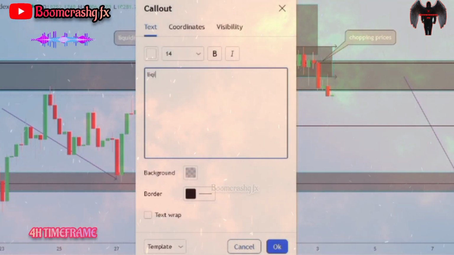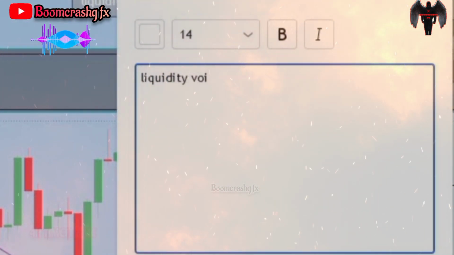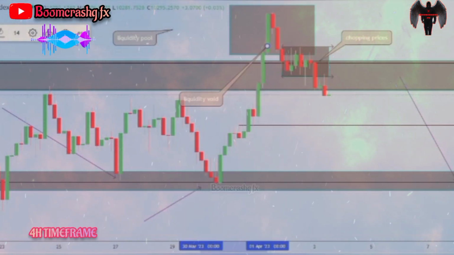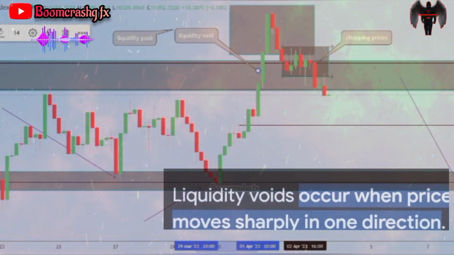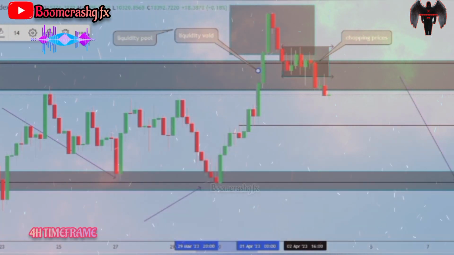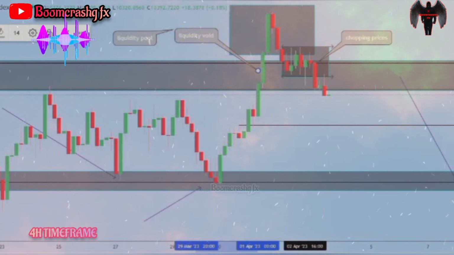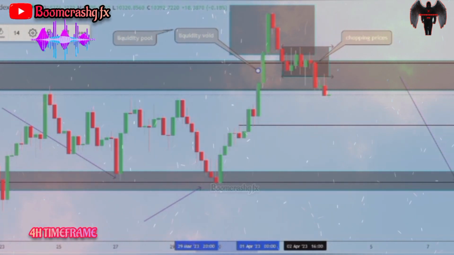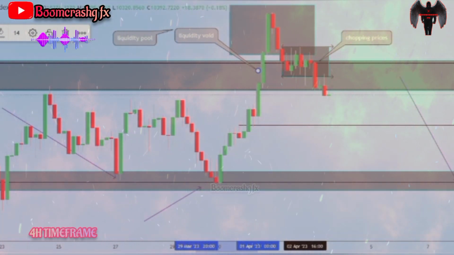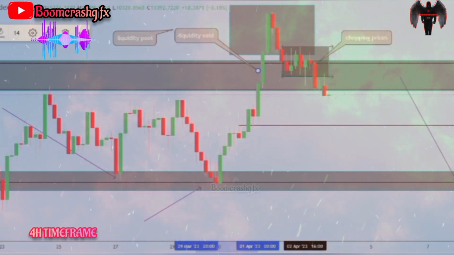So liquidity void, let's mark it out. Then I'll tell us what liquidity void is in the market. So this is marked out. Liquidity void is a range in price delivery whereby there's one side of candles in the market, a situation where we see the market going in a long, impulsive move, a series of bullish candles following each other with no traces of selling, one-sided movement of candles. That's liquidity void, and there's a high tendency that the price will want to revisit this void in order to mitigate or constrain